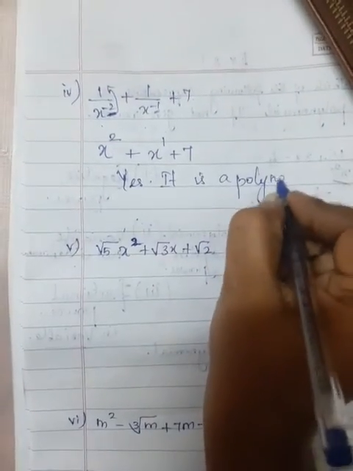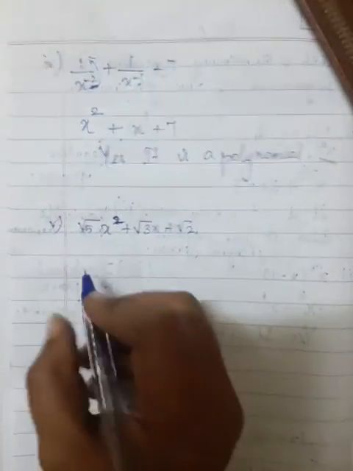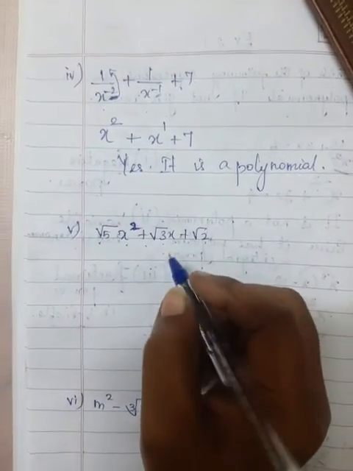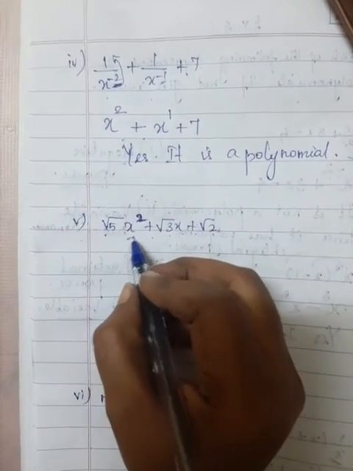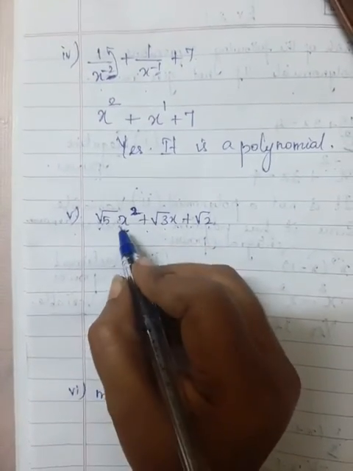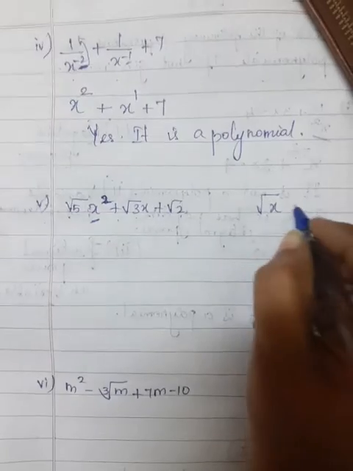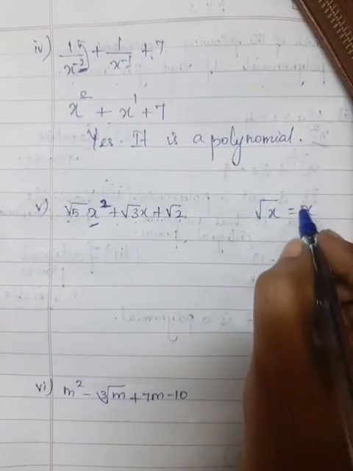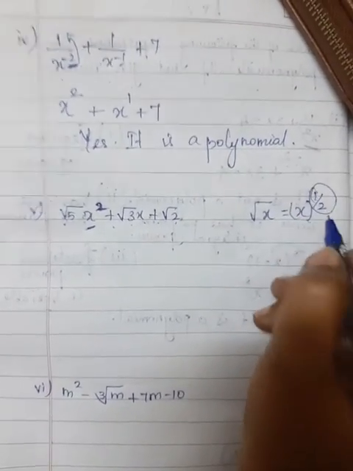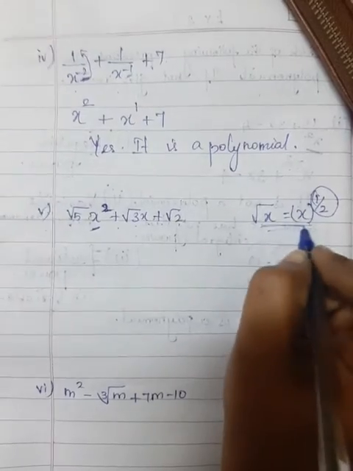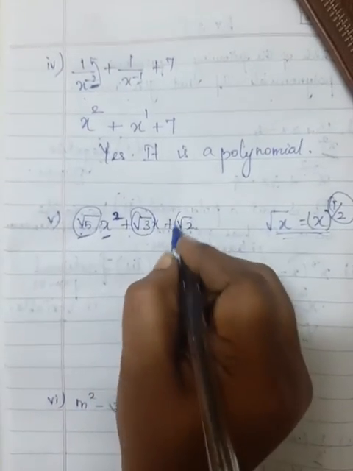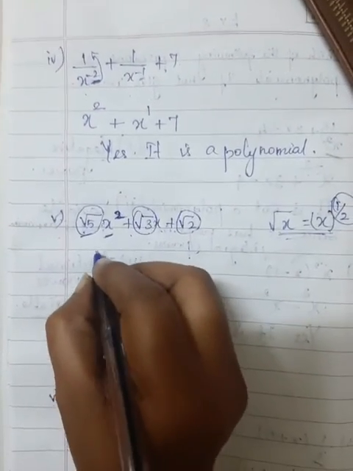Understood, children? Next, see here, root 5x square plus root 3x plus root 2. Okay, so see here, I have told you variables-க்கு தான் நமக்கு root values இருக்கக்கூடாது, variable-ஓட power fraction-ல வரக்கூடாது. Root value variable-க்கு இருந்தா, if you have root x, you will change this in fractional notation as x power 1 by 2, right? So fractional powers இருக்கக்கூடாது, so then it will not be a polynomial, whereas here only the coefficient is root values, okay, and the constant is root value. So yes, it is a polynomial.